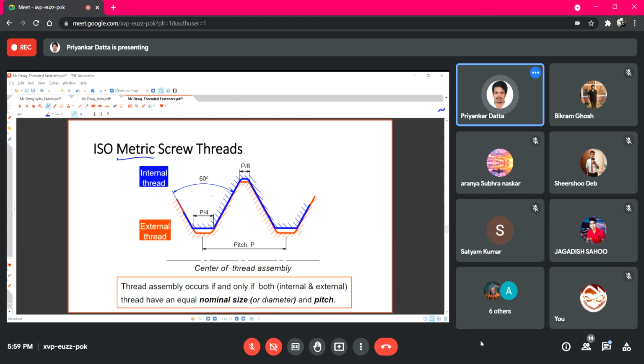For the isometric screw thread profile, all the details as I already told you are well established and available in any handbook, so no one needs to remember all these values or dimensions. You can directly calculate them by referring to any standard figure showing all the relations, right?